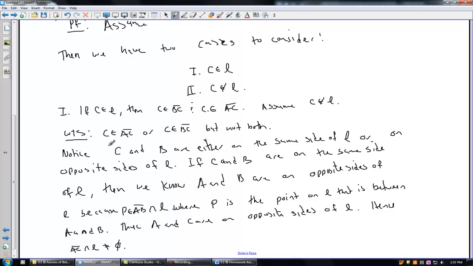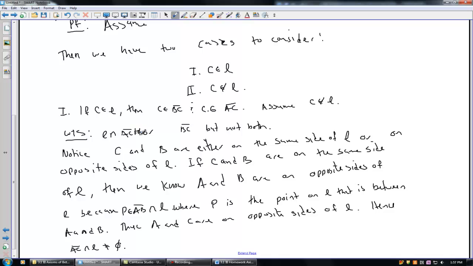And now I just realized there's a mistake up here. This is not C. I don't know why I have C there. I don't want to show that. What am I really trying to show here? I proved what I wanted to really prove here, but